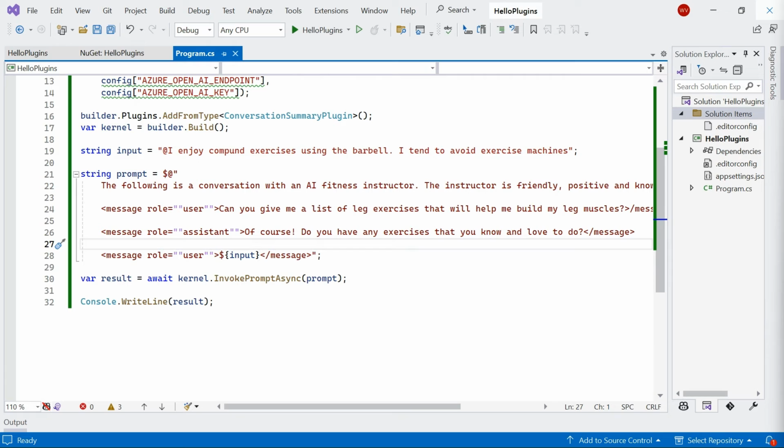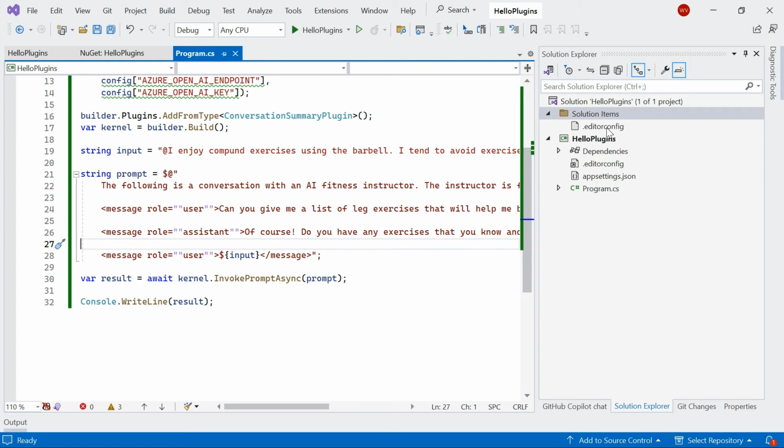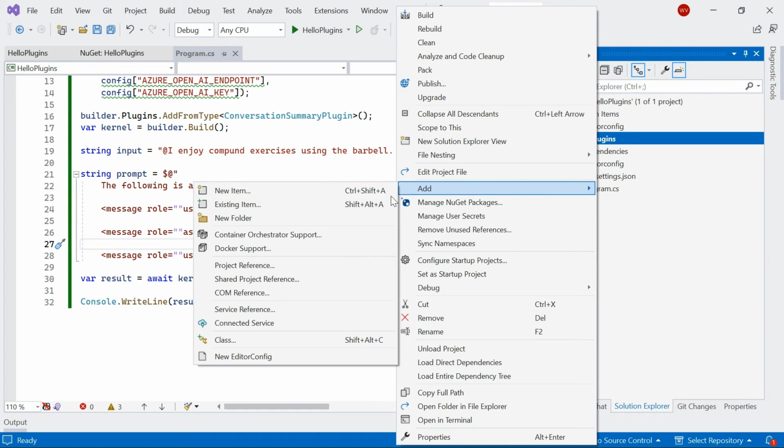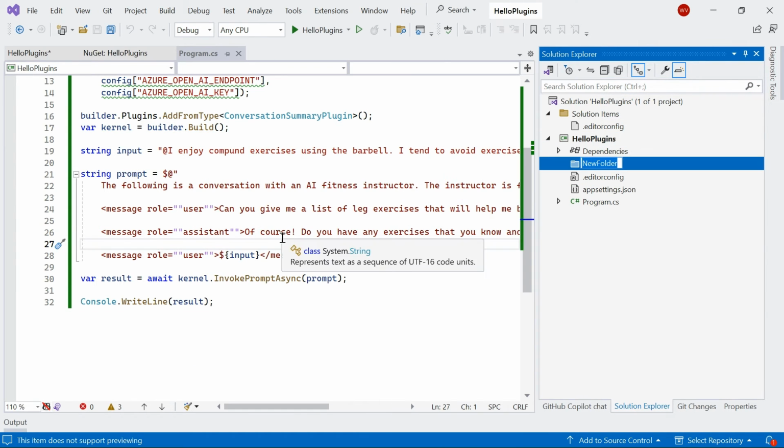Awesome. So these prompts have worked really well for us so far. This is all in line. But as you can imagine, as our project grows, we'll want to create prompts and save them to files. We'll also want to use variables and call functions inside our prompts, or inside our prompt templates as well. So I'll just expand the Solution Explorer a little bit, and we are going to add some folders. So I'll add a folder for